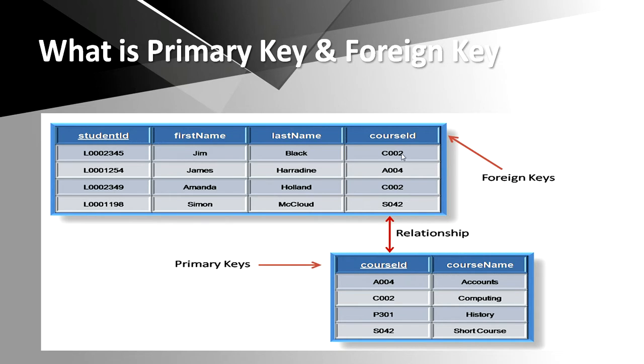Now, suppose the same thing is there. Many students have opted for accounts or short courses. Here, for short courses, I have not written the short course, I have written the ID. So it will consume only 4 bytes. See how easy it is now. As compared to 12 bytes, it will consume now 4 bytes. In accounts, it was consuming 8 bytes, it will consume 4 bytes.